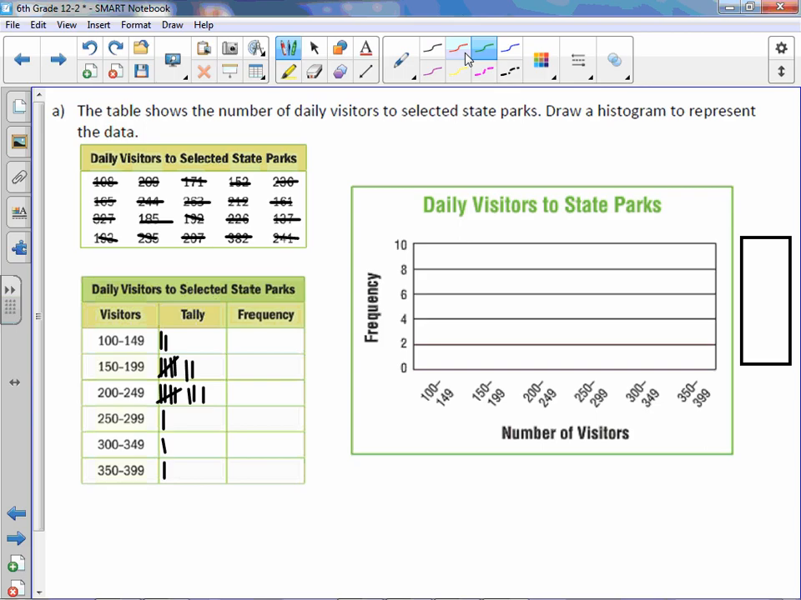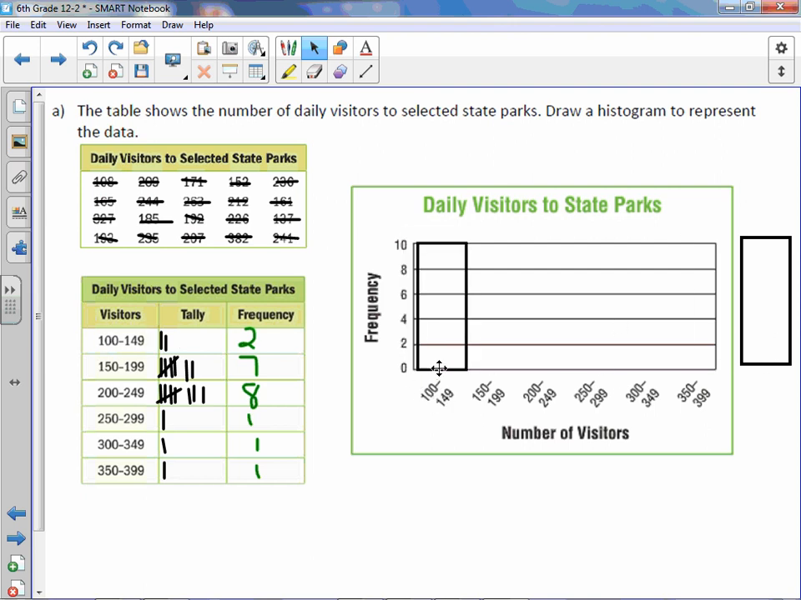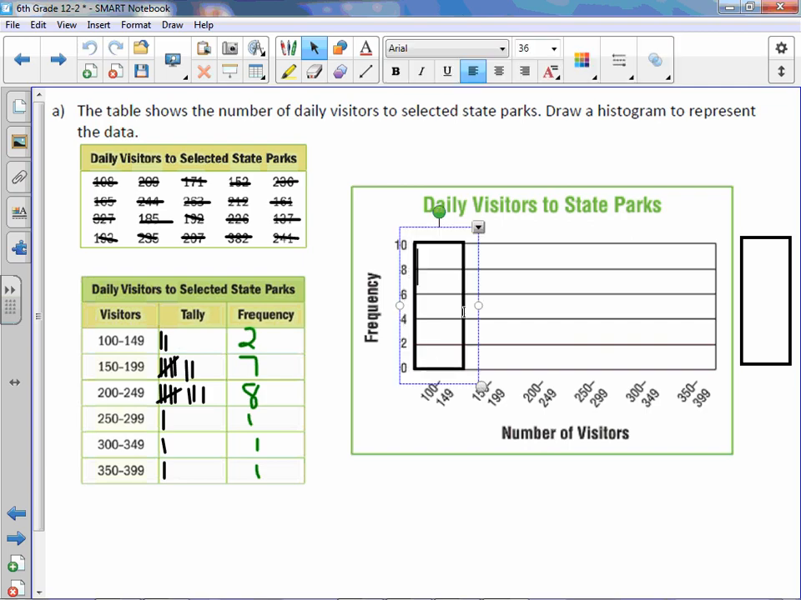The first one, I have a frequency of 2, then 7, 8, 1, 1, 1. Now I can draw my histogram. So in this interval, 100 to 149, I have 2. So go ahead and draw your bar,